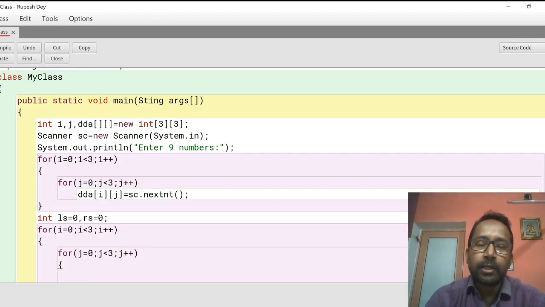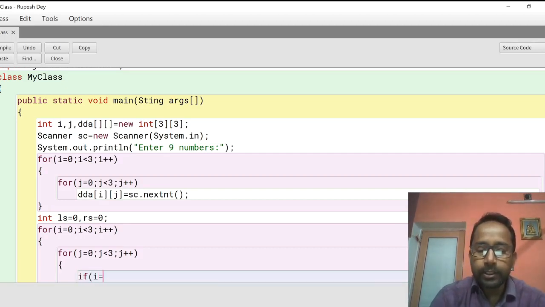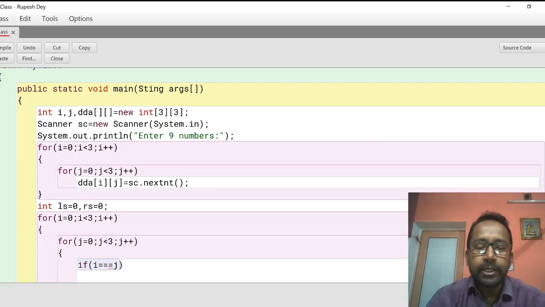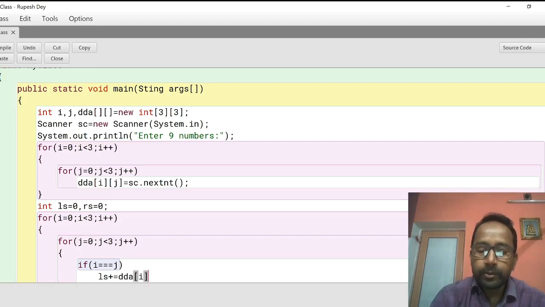And then the last left diagonal element, which is at the lower right corner of your matrix, is the intersection of third row and third column, meaning it has row index 2 as well as column index 2. That means to find out the left diagonal elements, we have to check whether row index and column index are the same or not. So if i is equal to j, meaning row index is the same as column index, then by this i and j index we will get the element which is a left diagonal element. So we have to add that left diagonal element to this ls variable, because I declared the ls variable to calculate and store the sum of the left diagonal elements. ls plus equal to tda, which is our array, i j.